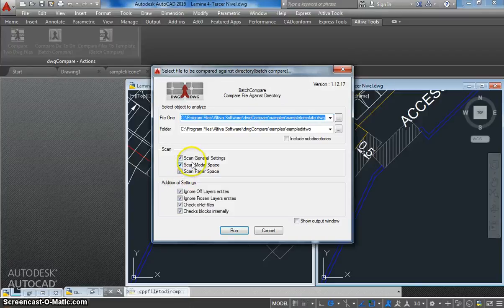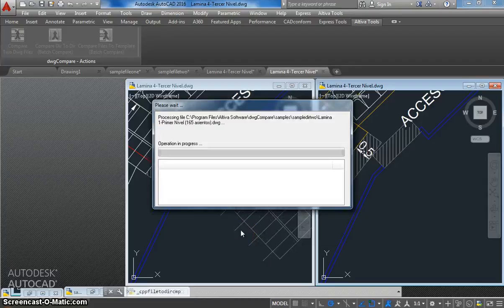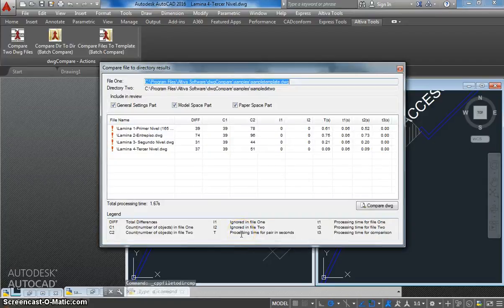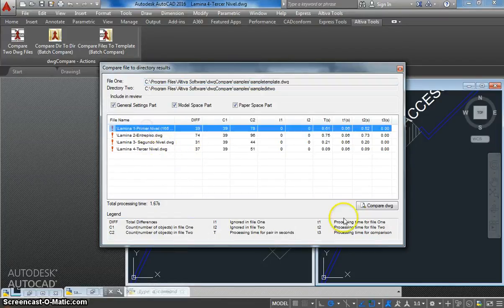So we are interested only in general settings. We will uncheck scan model space and scan paper space and run comparison. And now you can see really that there are differences between each of these files compared to its template. So for example, this one,